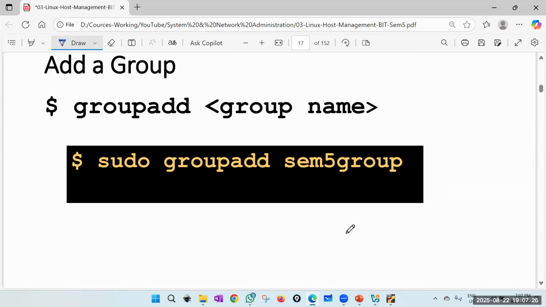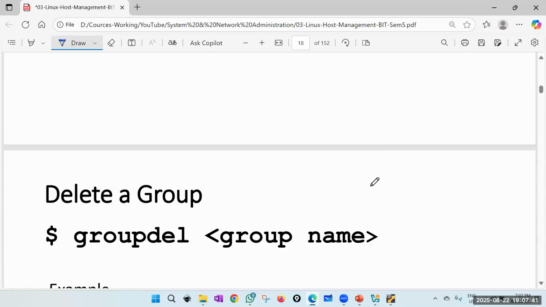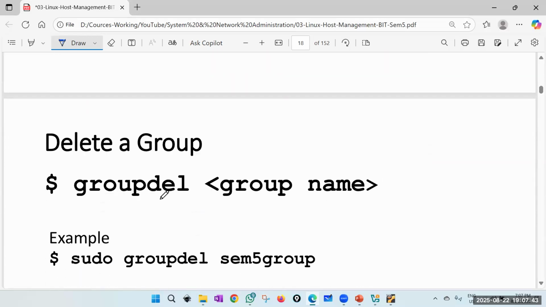So then we discussed user management. How do you add a group? Of course, you must have the admin power or sudo power. sudo groupadd group name. We discussed this, okay? So then delete a group, groupdel, the valid group name. Again, you need to use it with sudo,